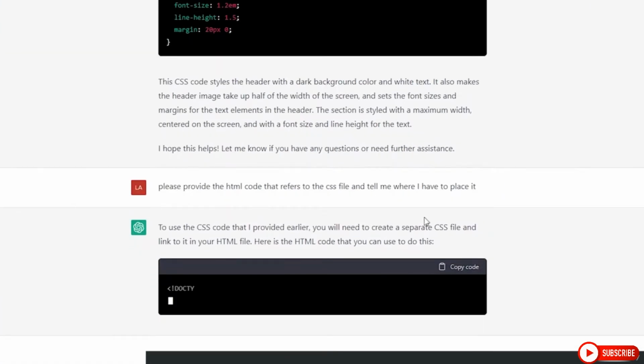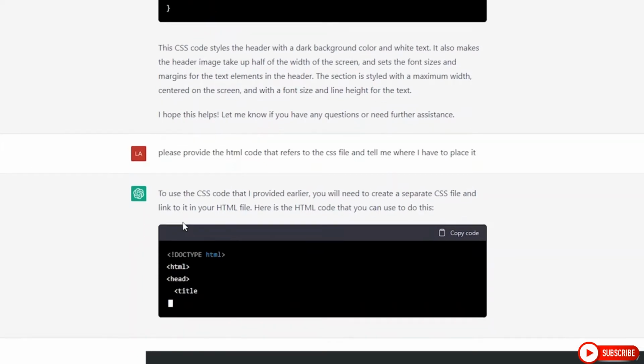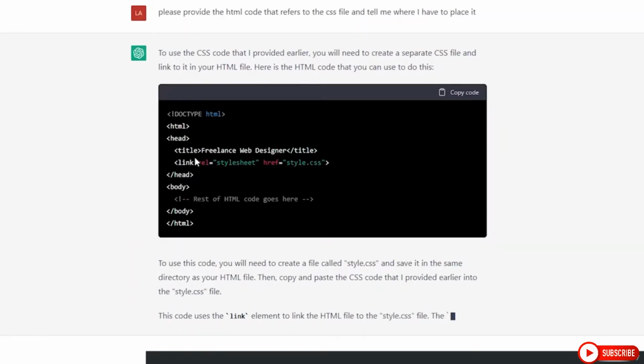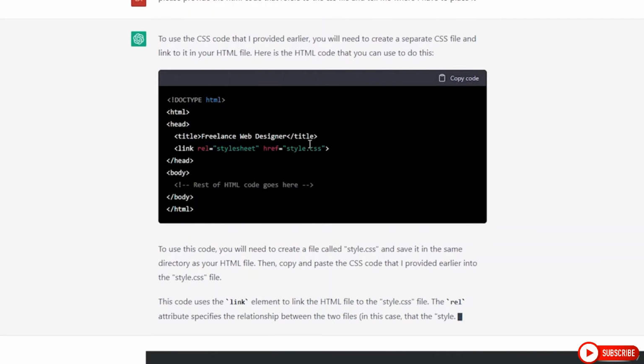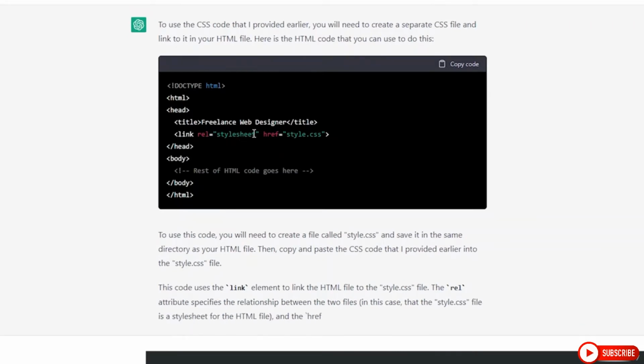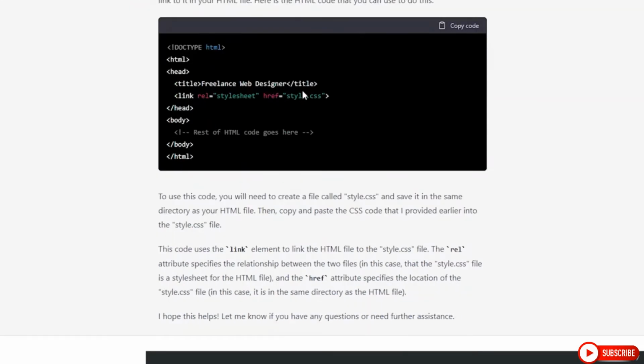Alright, so we have to create a separate CSS file. We already did that. So it looks like in the head we have to add this part: link stylesheet with the reference style.css. And it also says we need to create a file called style.css, so we may have to change the name of our CSS file. So it looks like from the description we can just copy this line of code